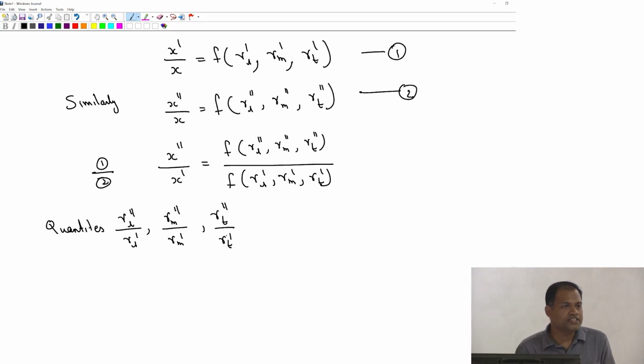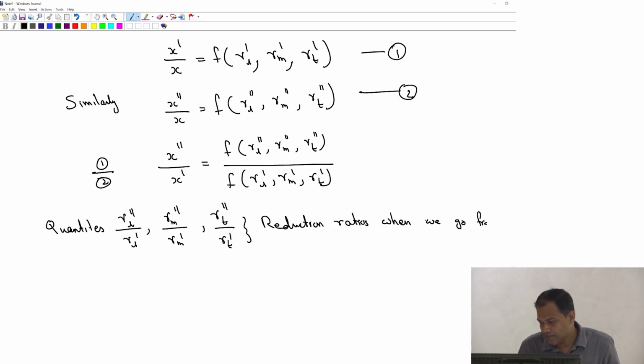Those are the reduction ratios when I am going from a coordinate system of U prime to U double prime, which means I could also write this expression,